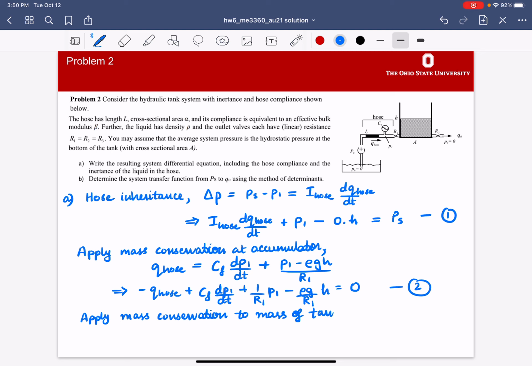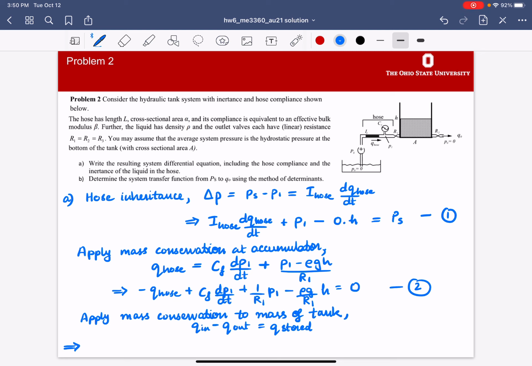So this is also in a way looking at the mass of the water inside the tank, right? So we are looking at flow that would be coming in, Q in minus Q out is equal to mass stored, right? And this can be written down as,